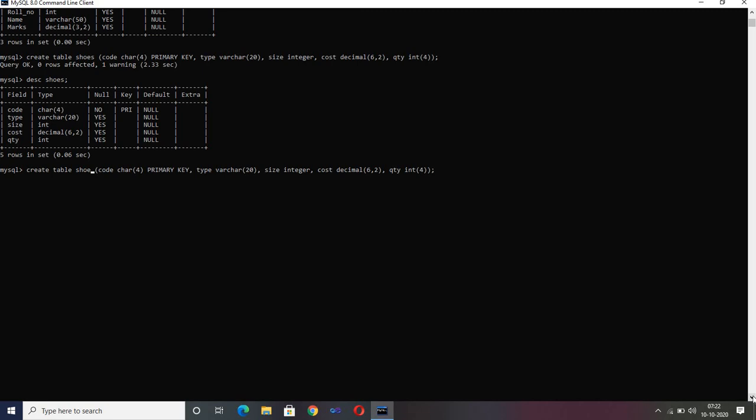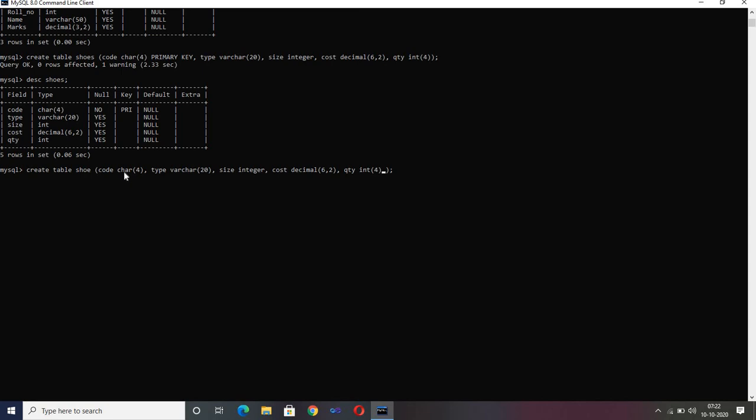Now if I didn't write the primary key over here, I want to create a combination of two columns as my primary key. That can also happen, right? Okay, in this case I am just creating a single column as my primary key. What if I want a combination of two columns as my primary key?